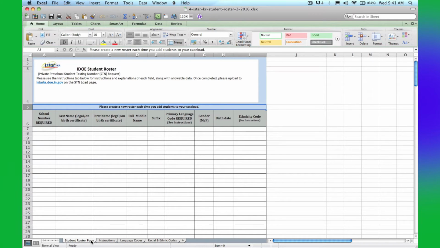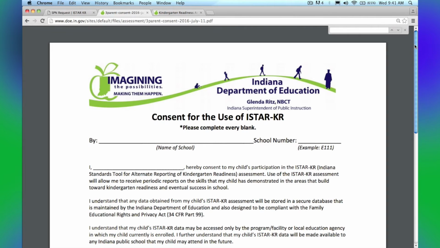The Excel roster is used for creating STNs for a group of students. So this roster may be used at the beginning of the school year or anytime you see an influx in enrollment. It is important that the information is accurate. The information on the roster should be compared with the student consent form. Every child enrolling in Istar Kr through a community-based preschool must have a signed consent form. This form is available on the Istar Kr homepage